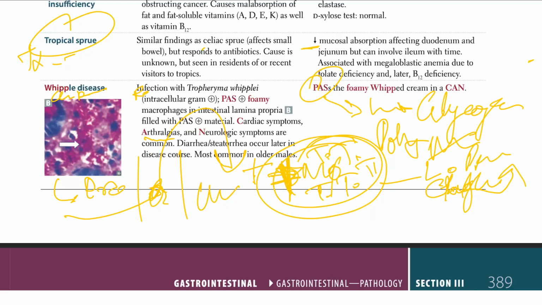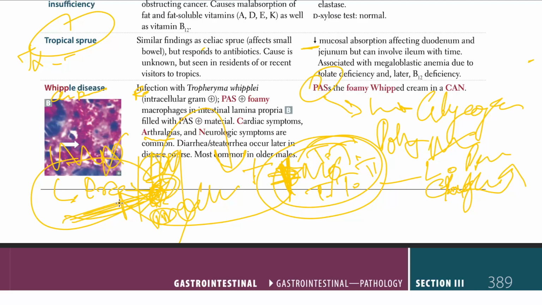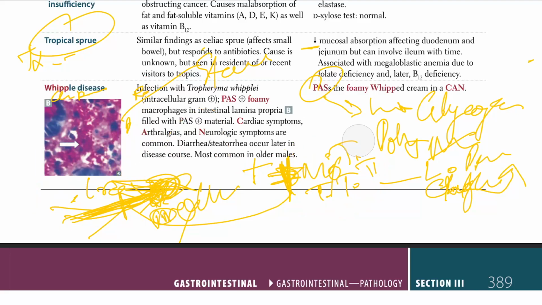So that lamina propria has now been bombarded with all these macrophages. So those lacteals are compressed because of the macrophages' presence, right? When they are compressed, there is no more fat absorption. All of that fat which was normally absorbed through lacteals cannot be absorbed, so it remains in the lumen. When it remains in the lumen, it leads to steatorrhea. Okay, that's the mechanism.